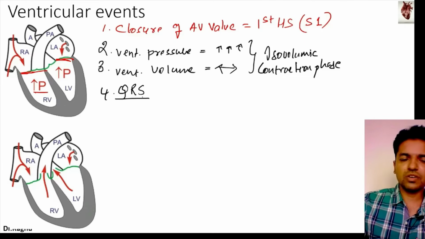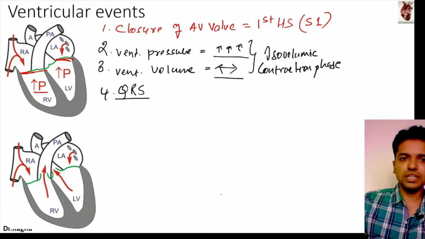Ventricles continue to contract as closed chambers. Thus, there is an increase in the ventricular pressure, but no increase in the ventricular volume. That means the tension in the muscle is increasing, but there is no increase in the volume. Such a ventricular contraction is called the isovolumic contraction phase, and this phase coincides with the QRS